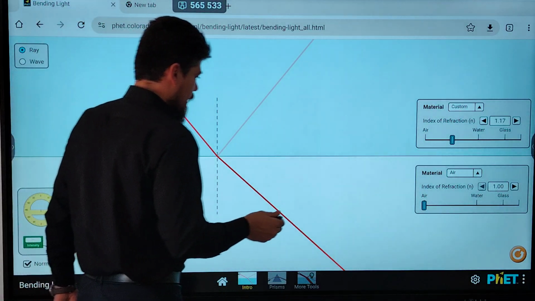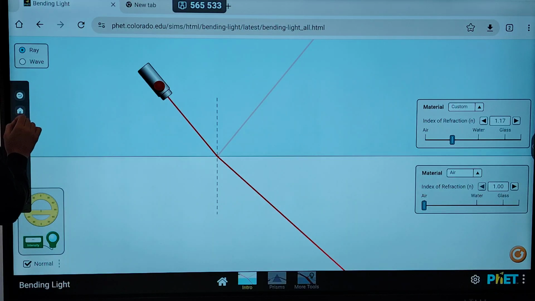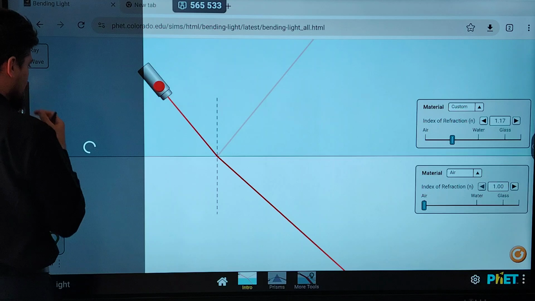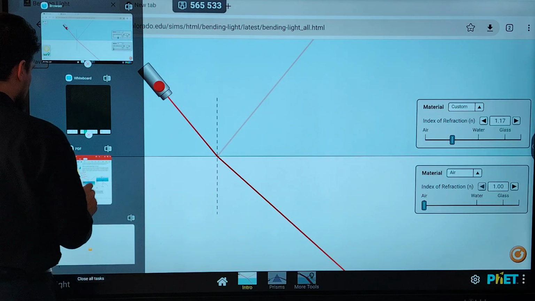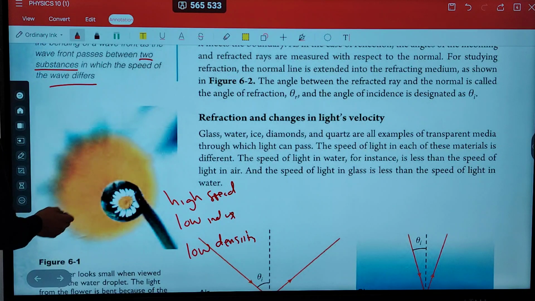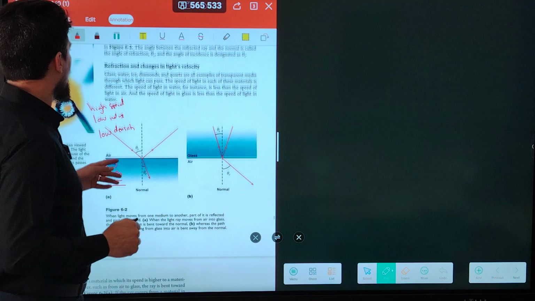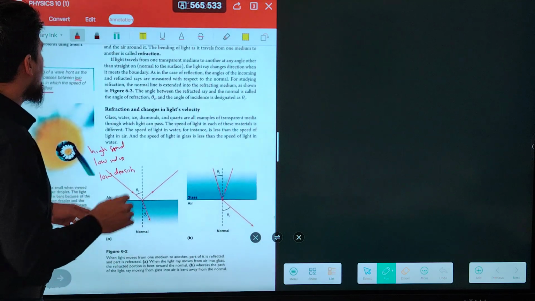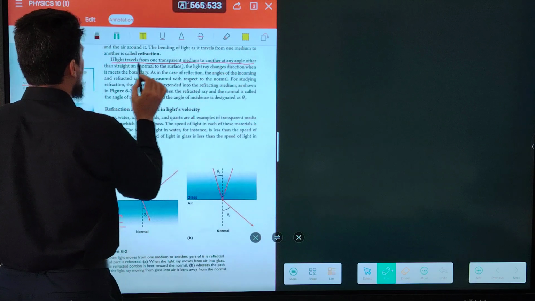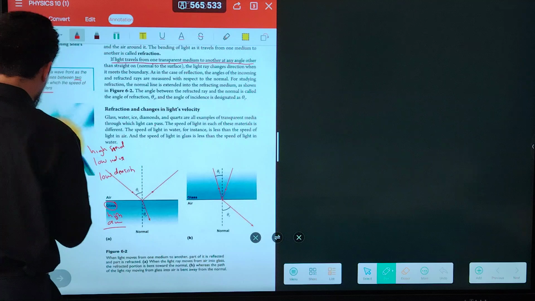Be careful. Let's go back to our book. Guys, look. Refraction is the bending of light whenever the light travels between two mediums, two substances with different densities or with different indices of refraction. If light travels from one transparent medium to another at any angle other than straight on the normal to the surface, look,